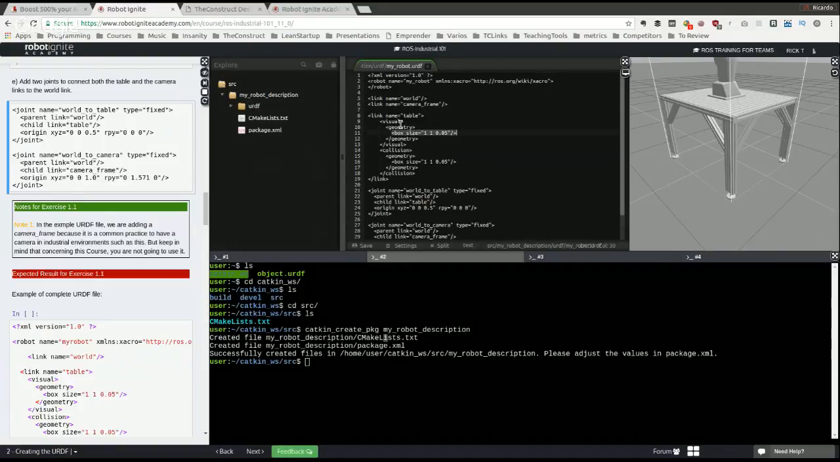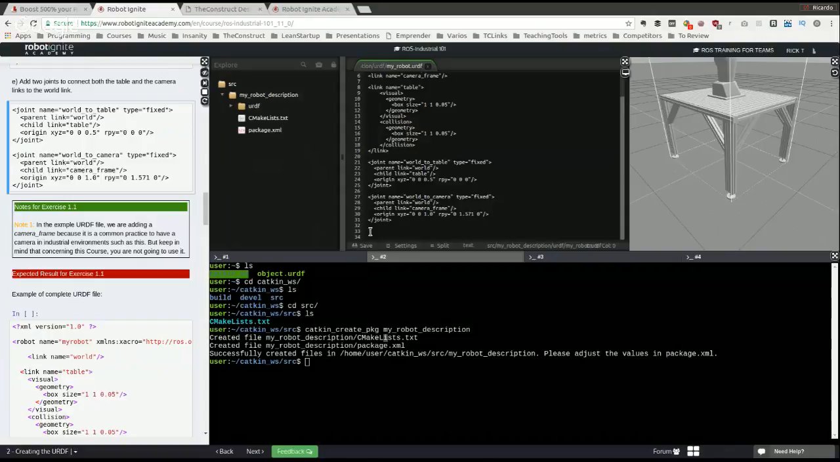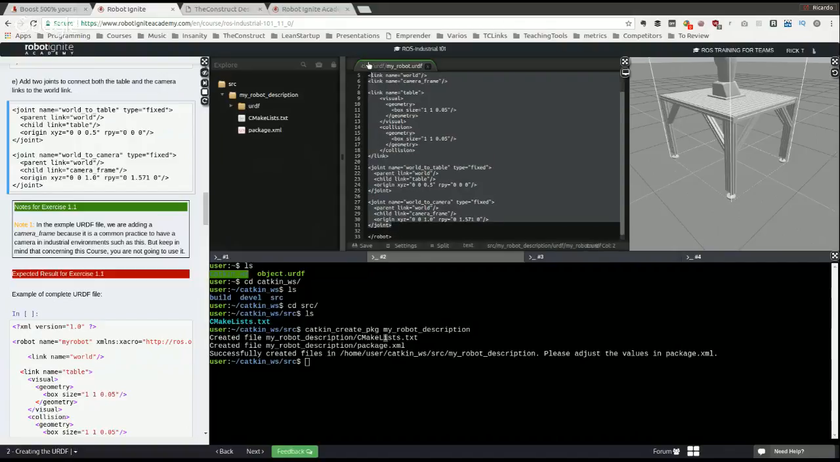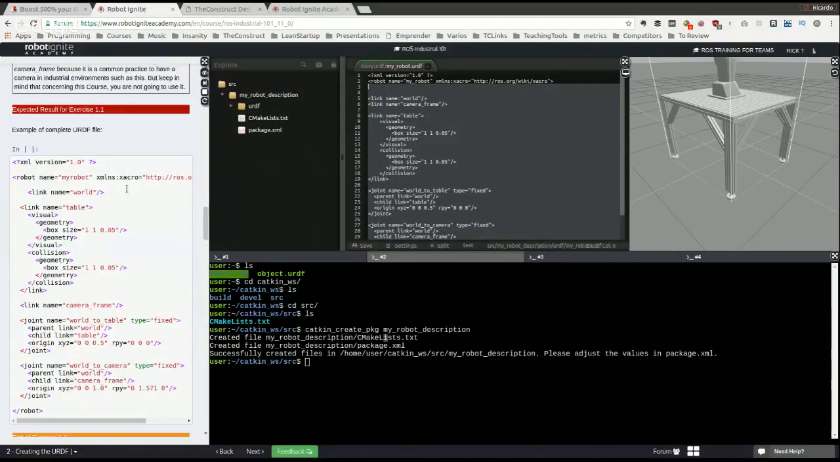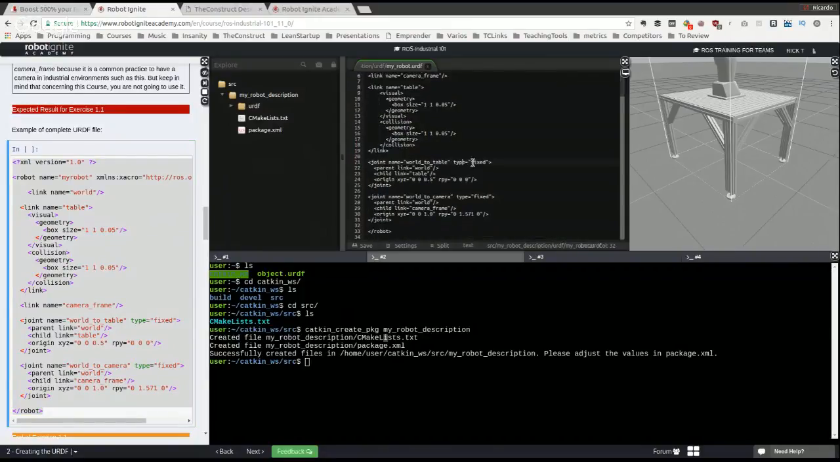Okay, great. Sorry, I have to indicate one thing, which is that this robot tag must be removed from here, from the beginning, because this is the closing tag of the robot URDF file. So we have to remove it and put it at the end here, after the joint, so it's closing the whole file. Now, you can check that your code is correct by looking at this one. Actually, you could have copied this and pasted it, but it's interesting that